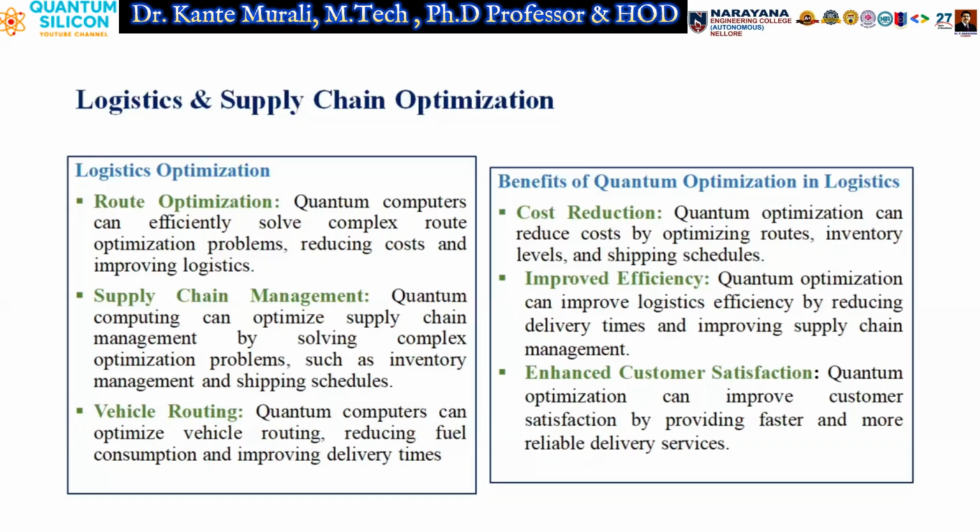First one, as I mentioned, is cost reduction. It improves the efficiency, as I mentioned, in terms of delivery time, and improves supply chain management. However, in business, as all of you know, one of the key criteria is end user and customer satisfaction. By applying quantum mechanics in the logistics and supply chain optimization domain, we can improve customer satisfaction. As all of you know, as a customer, what you are looking for, one of them is